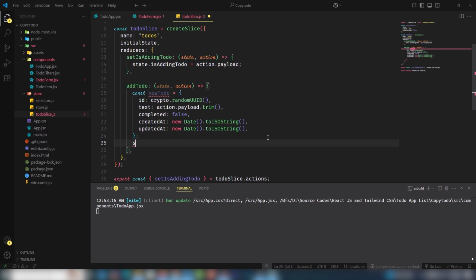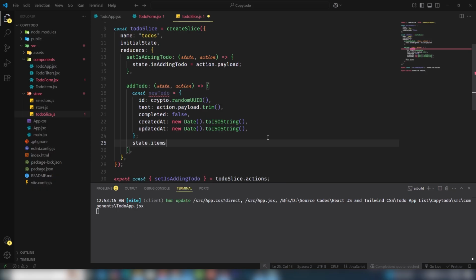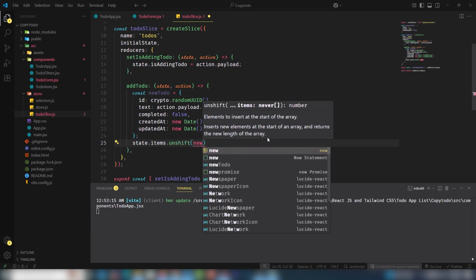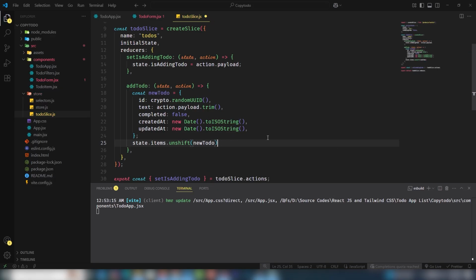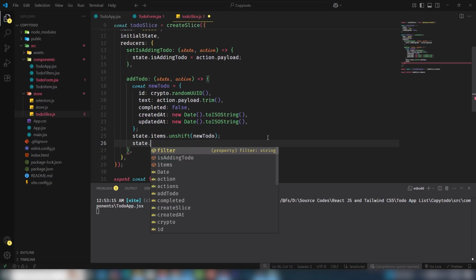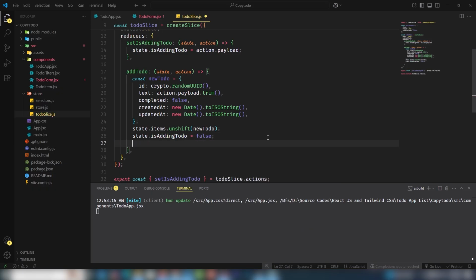Outside of this one object, at target state.items, we need to store the value inside the items, .unshift. Okay, and passing the new to-do object. Then also I need to use set state is adding is false,